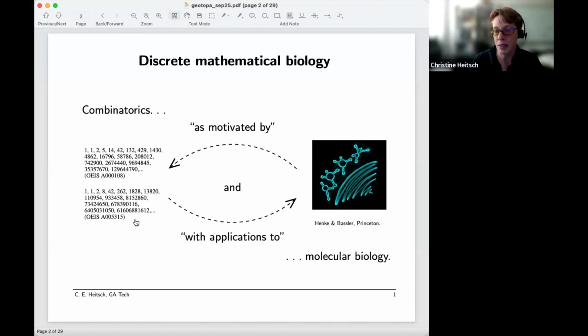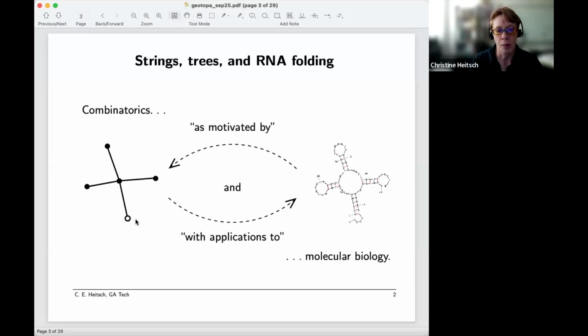To make the connection between these two a little more precise, really what I think about mostly are strings, trees, and RNA folding. So on the right-hand side, although on my screen it's not showing up so well, I promise there will be a better picture later on, is what is known as an RNA secondary structure. And it is an RNA sequence that has formed intramolecular base pairs. And on the left-hand side is, in some sense, its graphical skeleton. So what I've done here is wherever I had these open regions, which are called loops, I've just collapsed them